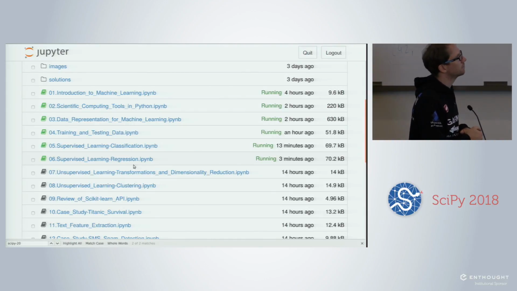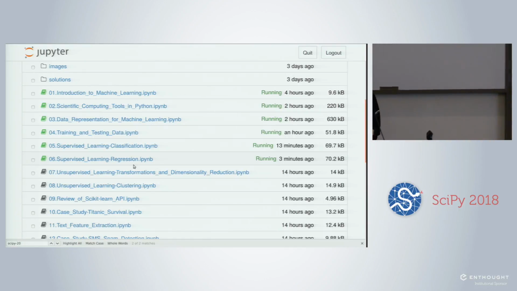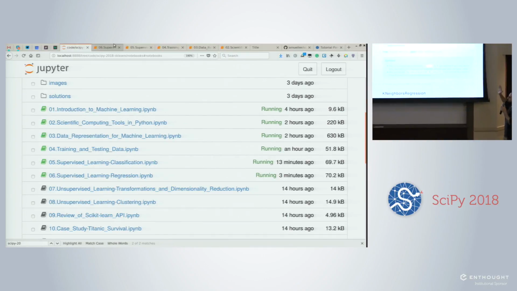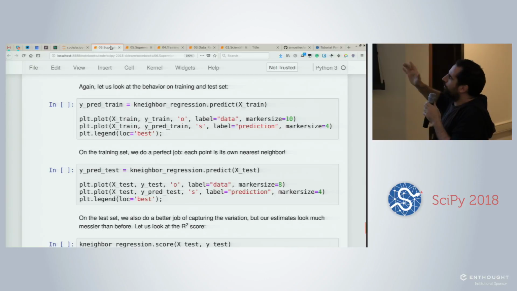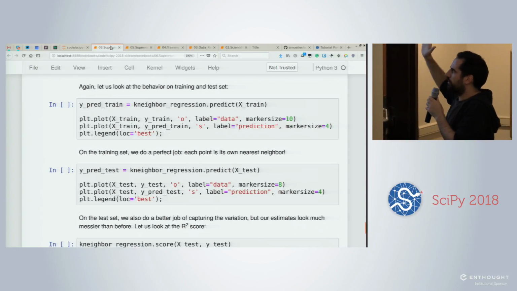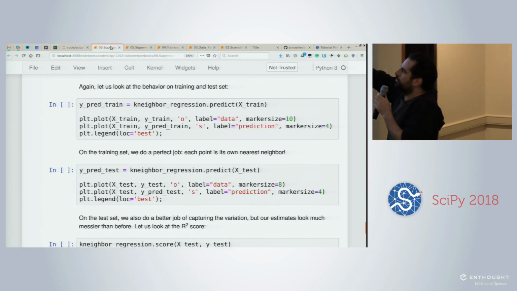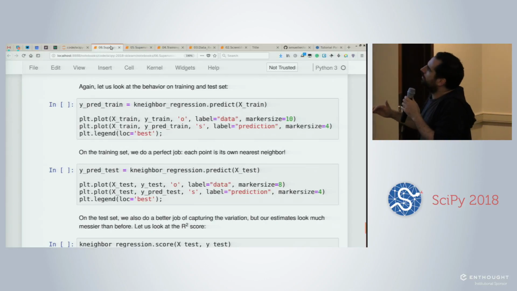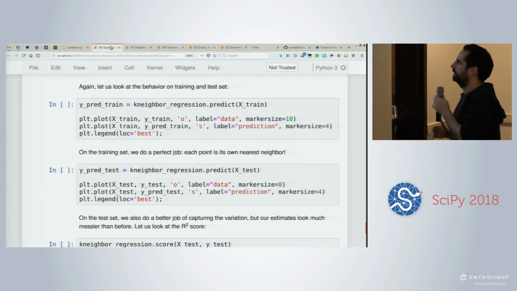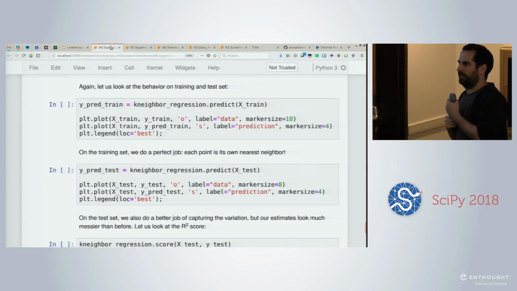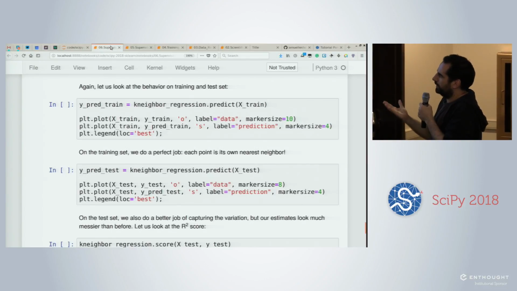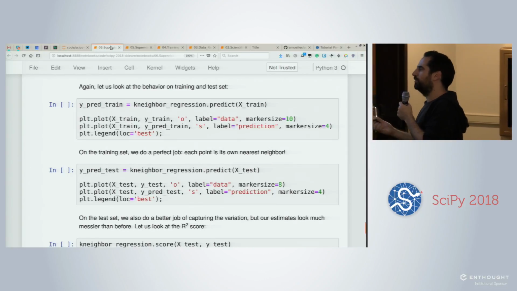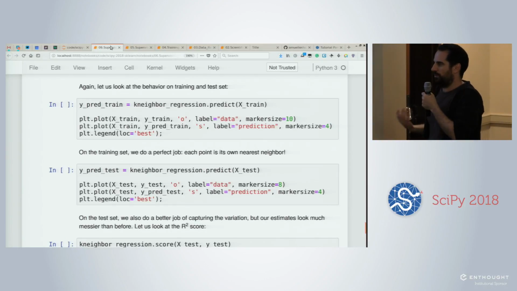So the goal of the exercise is to generate a new data set that has 2 columns. The first column is the same as previously, and the second column is the sine of 4x. So we compute the sine function on 4 times x, and we store the result in a second column. To concatenate 2 columns, you can use this function from NumPy. Then you redo the splitting, you retrain the model, and you see whether or not you can make a better prediction this way. Okay? Basically, because the model is linear by nature, we can do nonlinear feature extraction to remove that limitation of the model and find a better prediction.